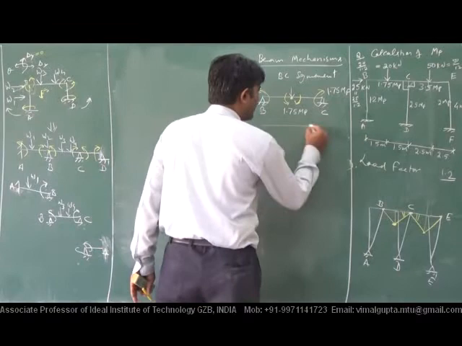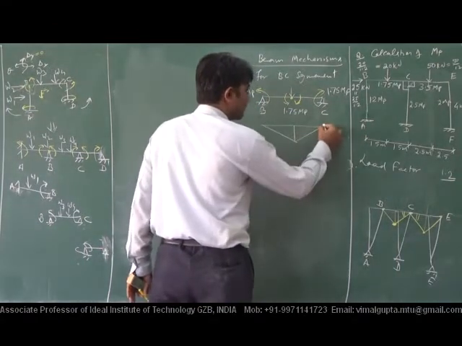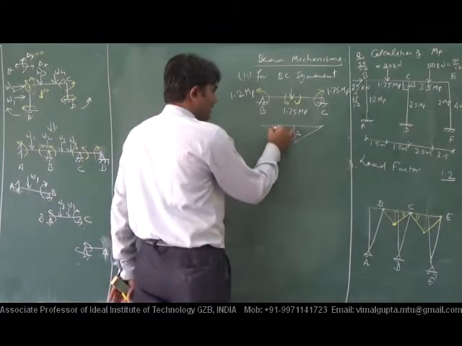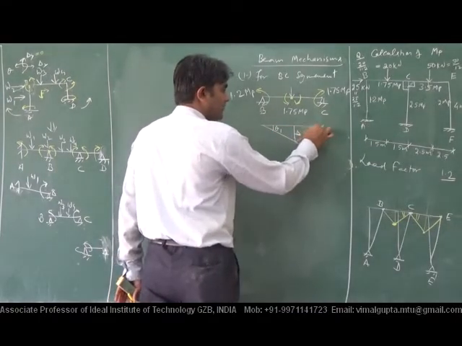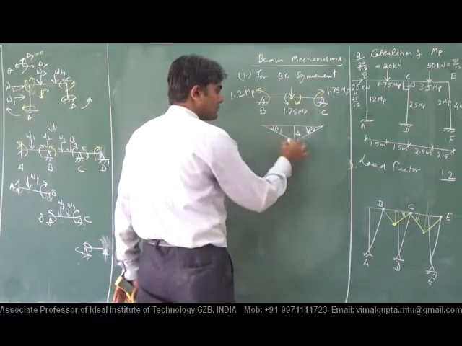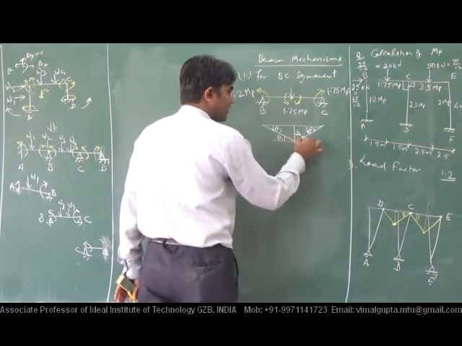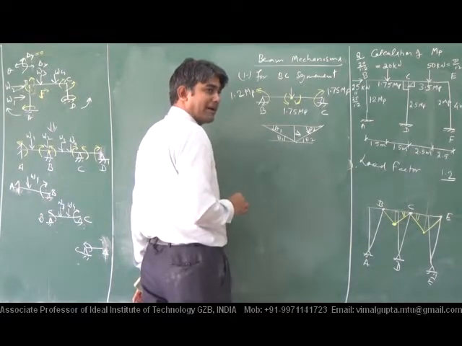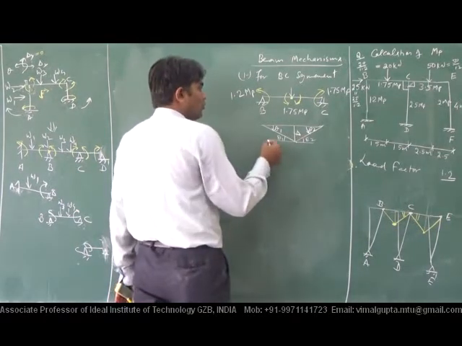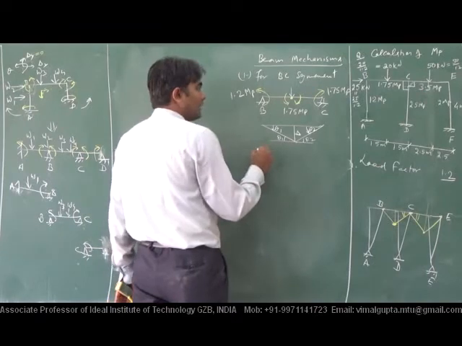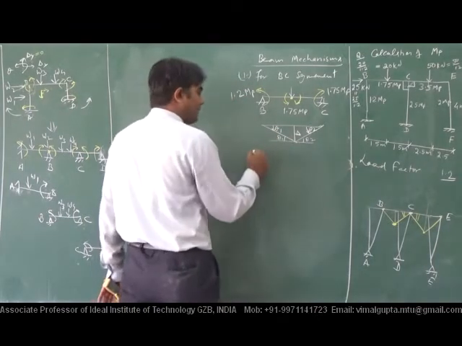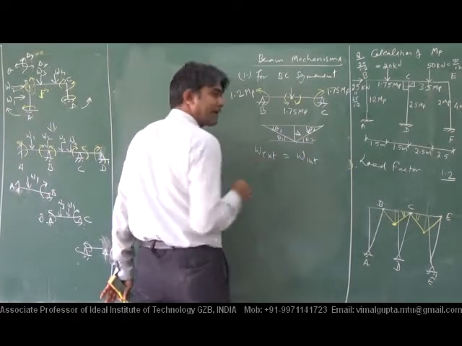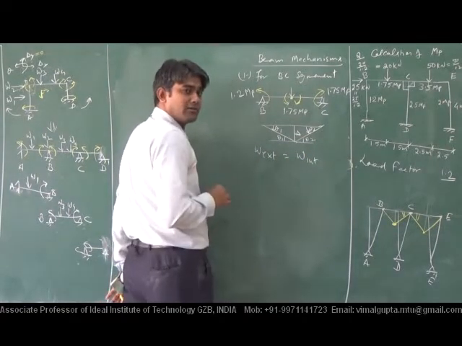And we will have the deflected shape in this form. This value of delta, this value will be theta 1, this value will be theta 2. Here it will also be theta 1, here it will also be theta 2 according to geometry. And now the value of collapse load or MP can be calculated by equating W external to W internal by the principle of virtual work.